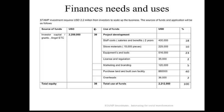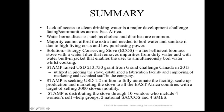The next slide is the summary of the whole process. One, we've seen in Kenya that lack of access to clean drinking water is such a major development challenge. And you realize waterborne diseases such as cholera and diarrhea are quite common, and people cannot afford fuel to boil water and sanitize it due to high cost and low purchasing power. Yet this is a very simple way of doing it. And the solution is this stove, which is able to simultaneously sanitize the water and